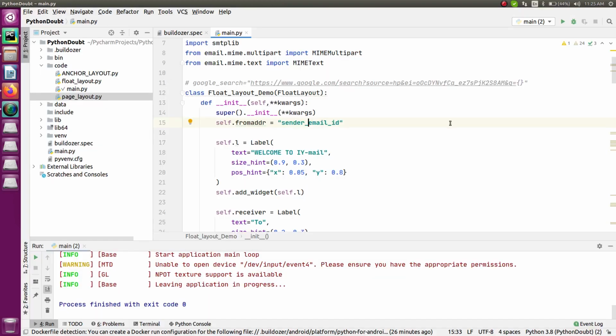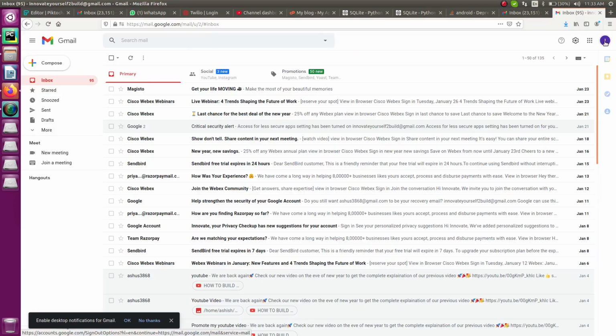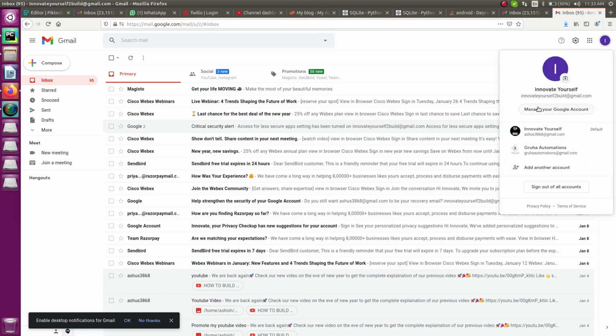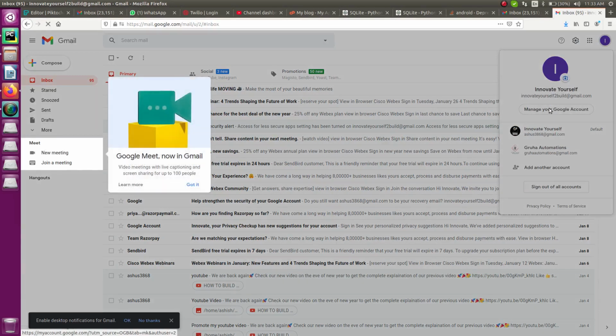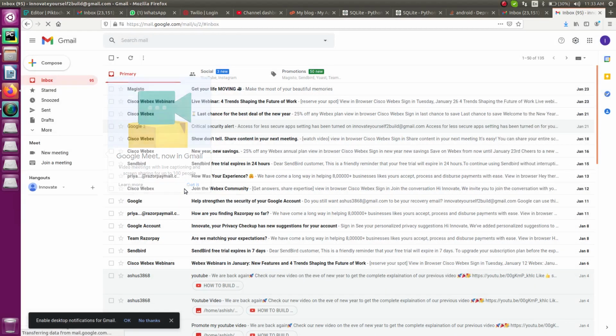In short, you don't have to use Gmail or whatever social media platform you're using for sending an email. Instead, you can create your own, and you can use that. Now go to the top right corner, so you can see in here, and just click on this, manage your Google account. So you have to click on that,